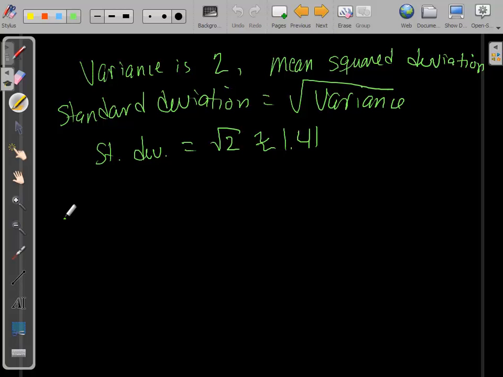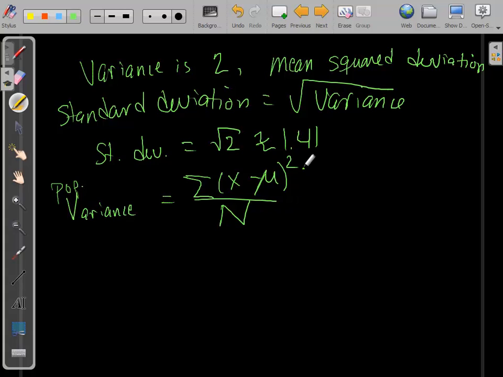We define variance, again, this formula for population variance, I should clarify that, as the sum of these squared deviations divided by the population total. And we define standard deviation to be the square root of that. I'm not going to write the square root of that, but you get the idea. Standard deviation is equal to the square root of the variance. Okay, when we're dealing with population data,